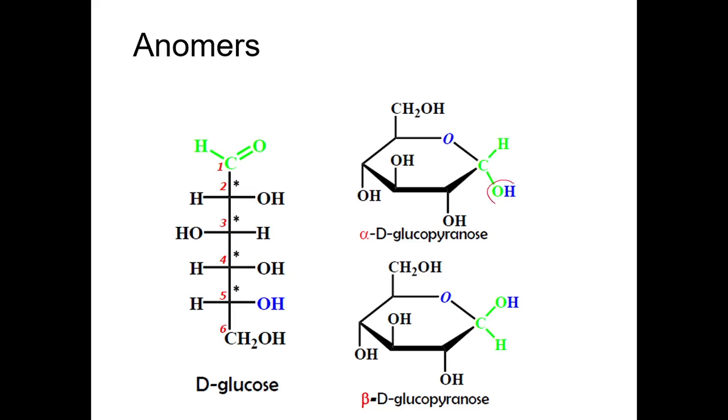Possible kasi na yung OH natin will be below the plane. So, this will become an alpha glucose. Pero we will give it a special name now. It's an alpha D because we know that sugars are naturally occurring as D in the configuration. And then this one is a gluco. This is glucose. And when we have a six-membered ring, with the oxygen being part of that ring, we call